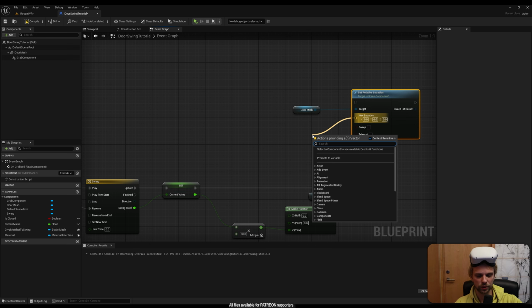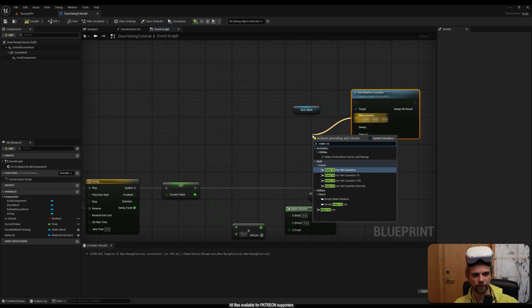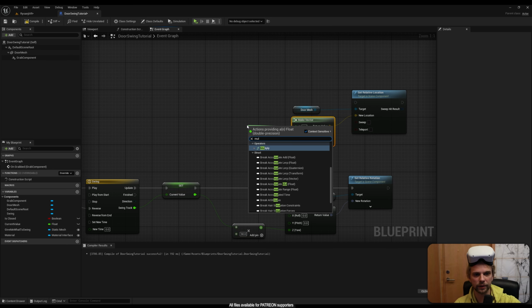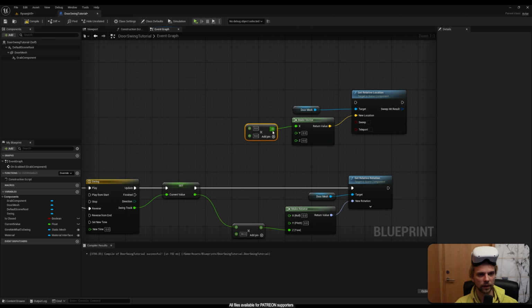And then for the location you make vector, and most likely you will be multiplying